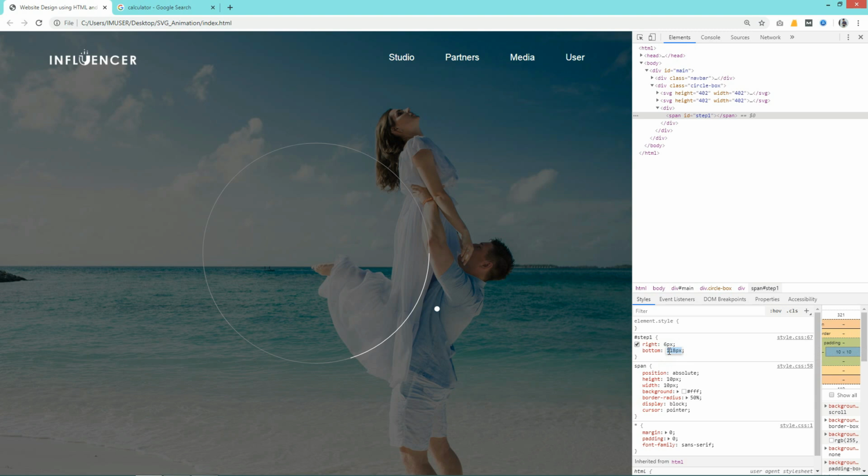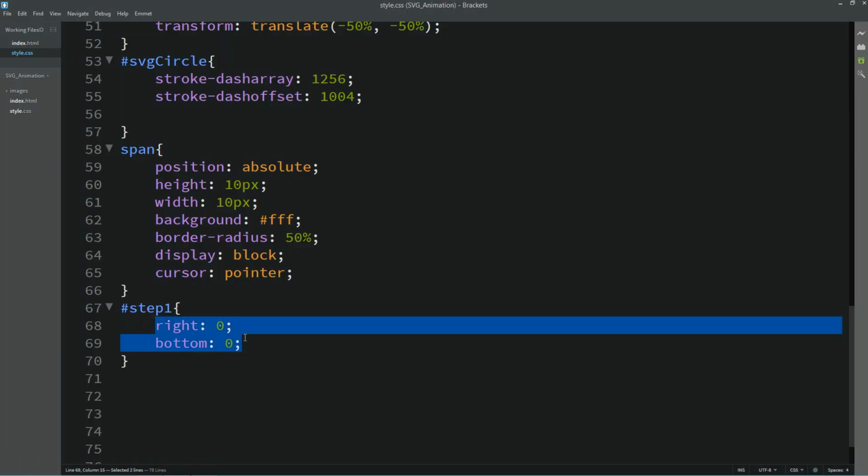Keep on changing the value of right and bottom until you get it to the right position. So we got this value where it will be on this position. Just copy it and add it in the CSS file.